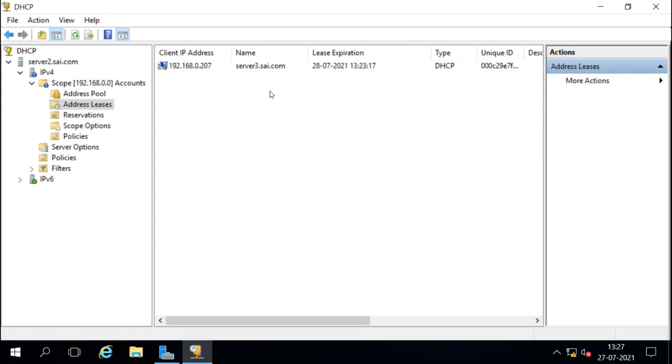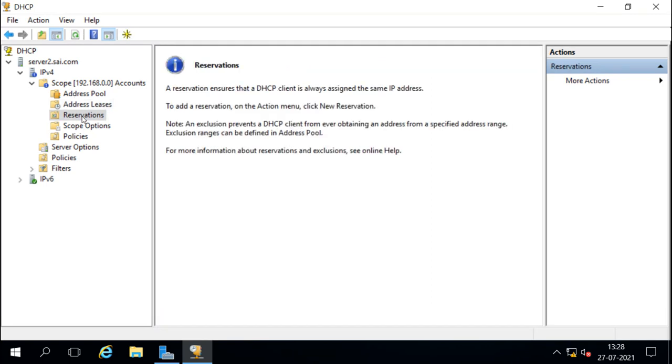To create the reservation, we should know the MAC address of this server 3. So we can create the reservation for it. And then we can set the reservation so that if this MAC address wants to get an IP address, always give this particular IP address. So whenever that MAC address machine asks the DHCP server for an IP address, it will always get the same IP address, whatever we configured here. Now in this reservation, we can also configure the different scope options.